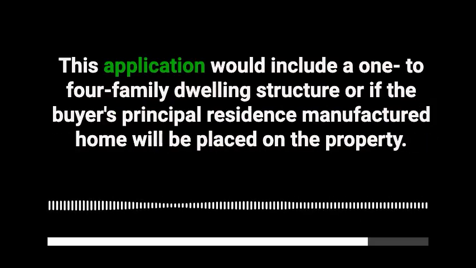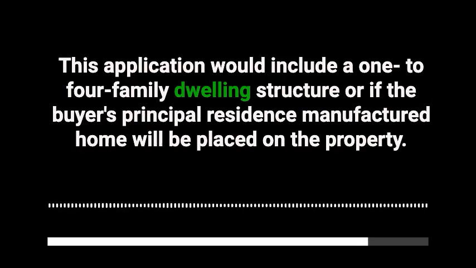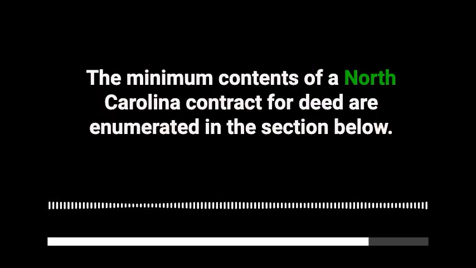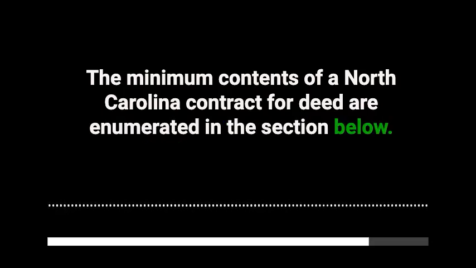This application would include a 1 to 4 family dwelling structure, or, if the buyer's principal residence, a manufactured home that will be placed on the property. The minimum contents of a North Carolina contract for deed are enumerated in the section below. As noted in the